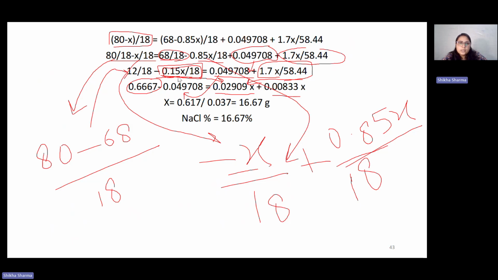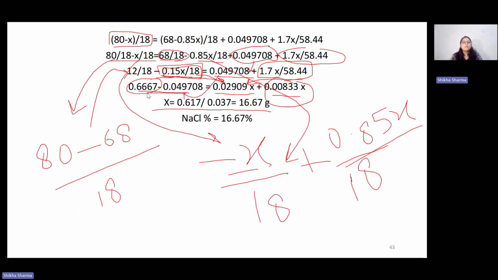So this is basically when 0.15 we are dividing by 18, it would be 0.02909 x, and when we are dividing 1.7 x by 58.44, it would be 0.0833 into x. So this x would be equal to, basically when we subtract